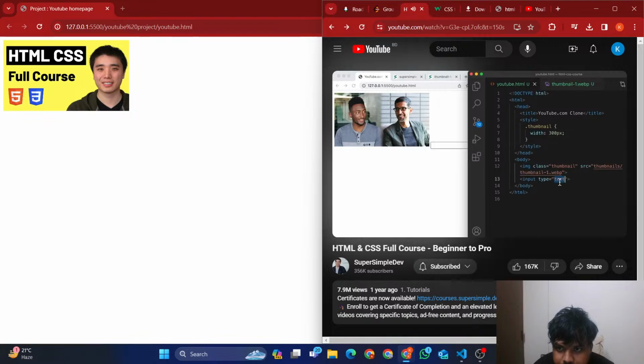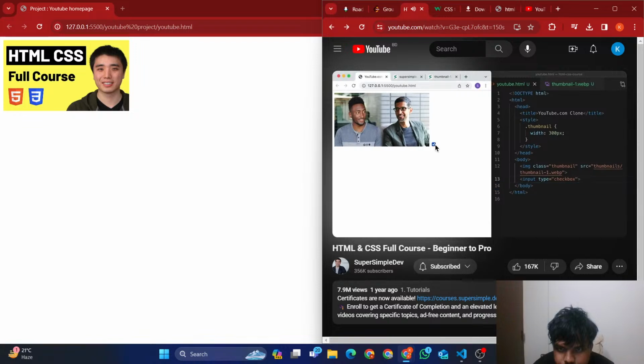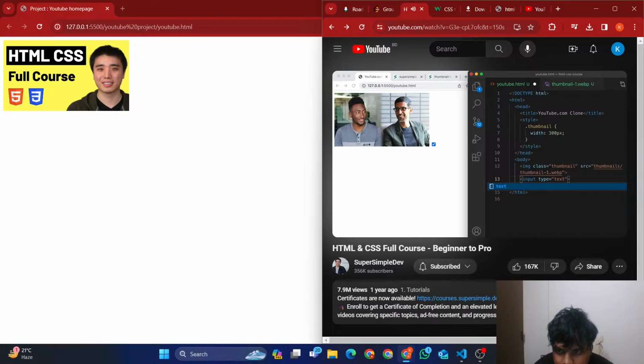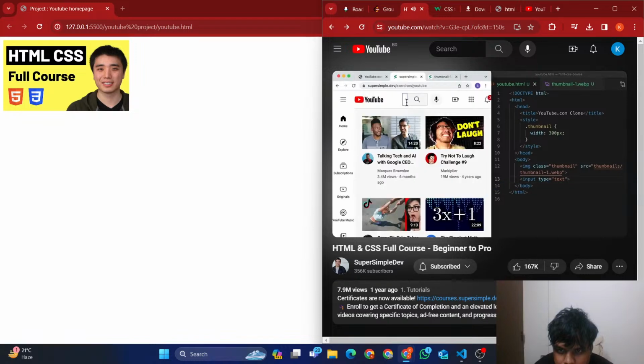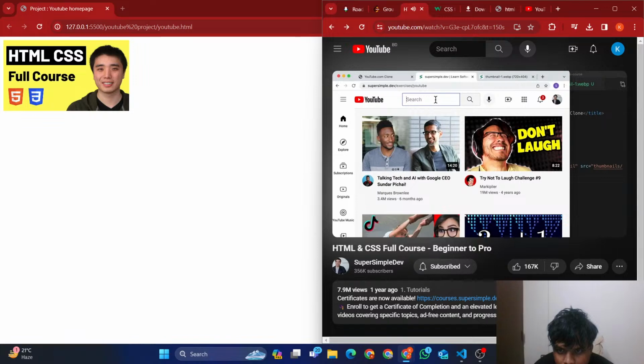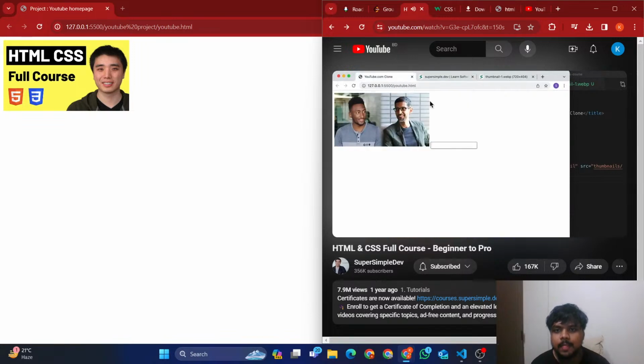Another type that we can give to this input is called checkbox. So if I save this, now we have a checkbox. So for our purposes, we're going to set the type to a text box because we want to create the YouTube search box up here. So you also notice that this text box has the word search in it. And when I start typing, that search word is gone. So this is sort of like a label for the user, telling them what to put into this text box. And this is known as a placeholder. So if we go back to our website, we're going to add a placeholder to our new